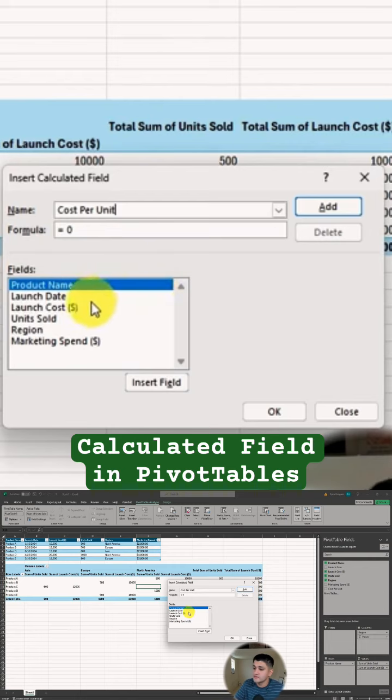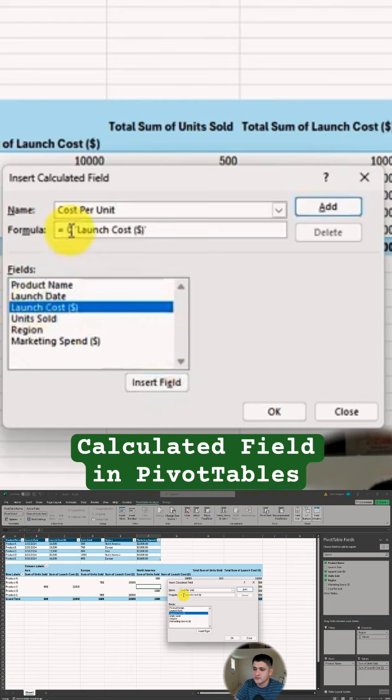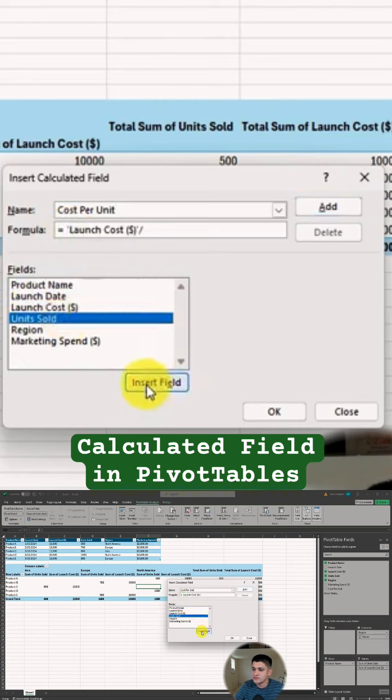So I come down to the fields I already have in my pivot table, and I find my Launch Cost, and I'm going to insert the field here. I'm going to get rid of this 0, and then I'm going to come over here. I'm going to divide by the Number of Units Sold, insert field, and I want to now add this formula with